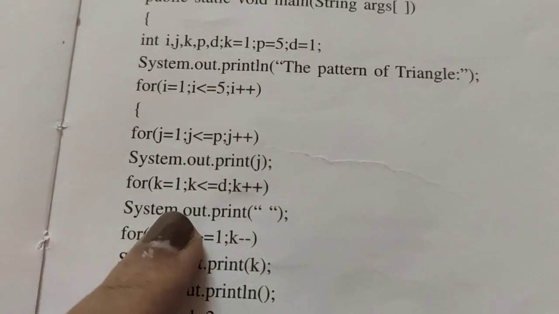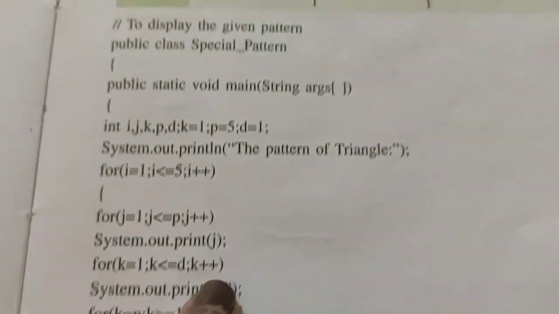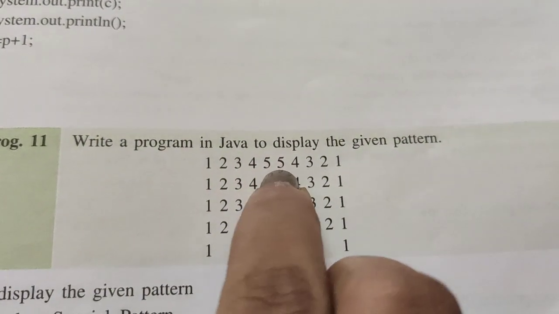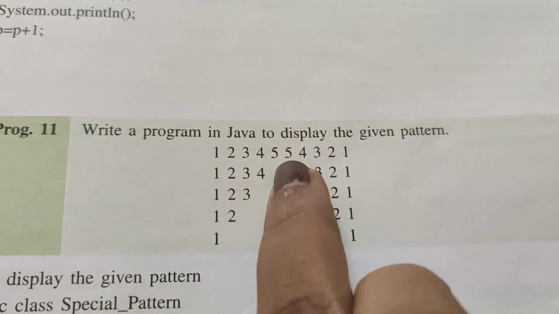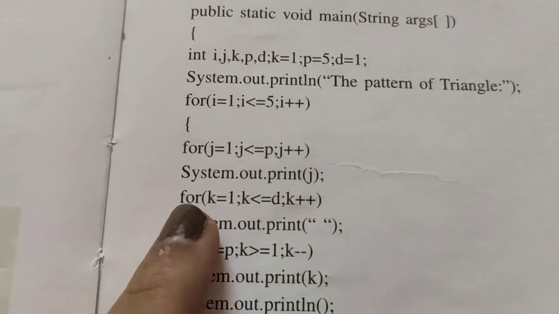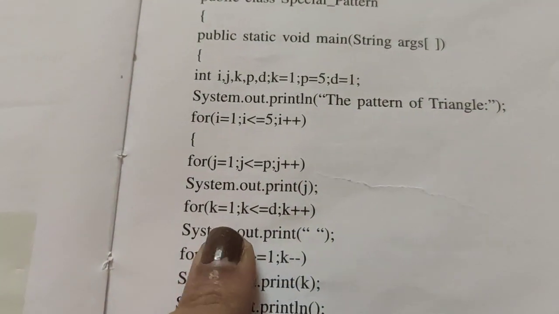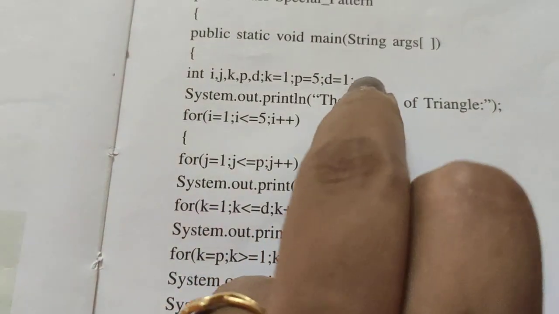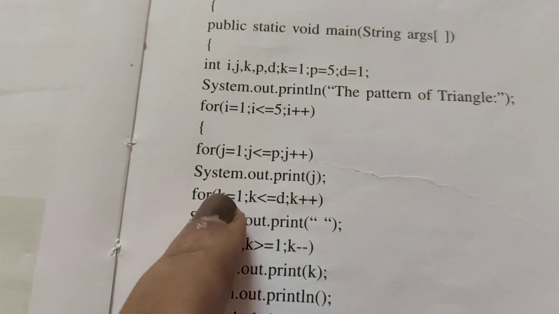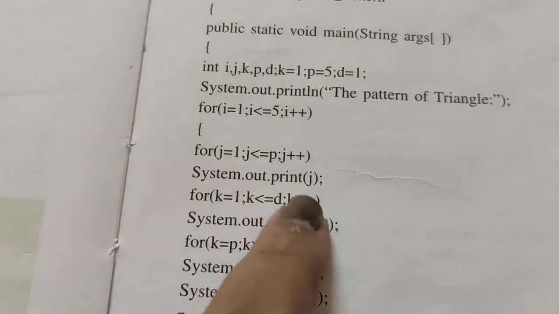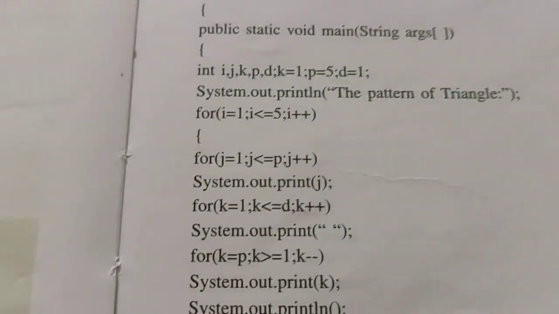1 they have given, and they are going to print a gap, that is, between this 5 and this 5, one gap is what they are going to give. Okay, for this only, that is the reason. As I have already said, if k is equal to 1 and d is equal to 1, only one time the loop is going to run, so you will be getting one gap here.